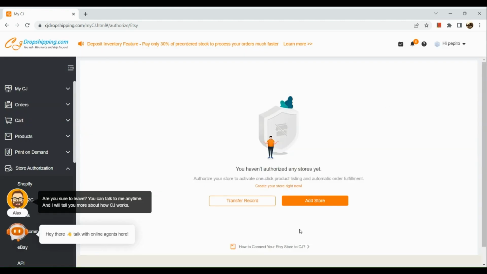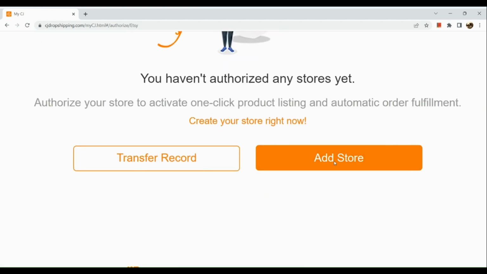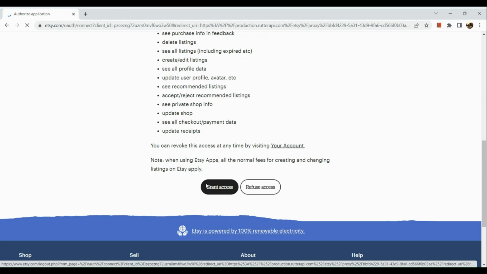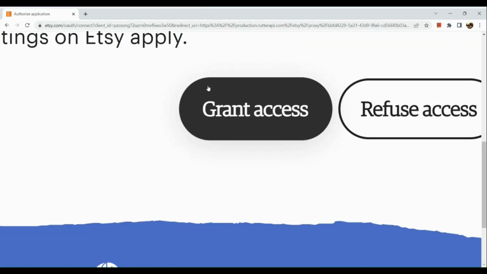So let's exit from this pop-up first. Click on Add Store, after which you will basically be routed to the authorization page. So here you just need to grant the access of linking your CJ Dropshipping to your Etsy store. And then